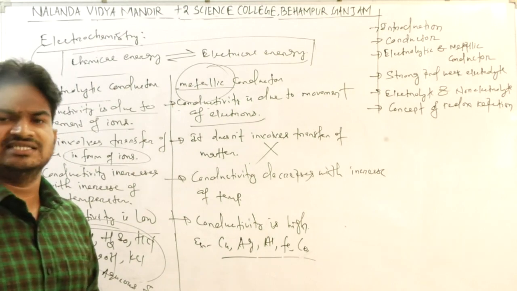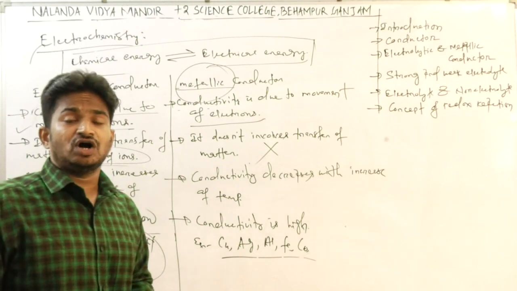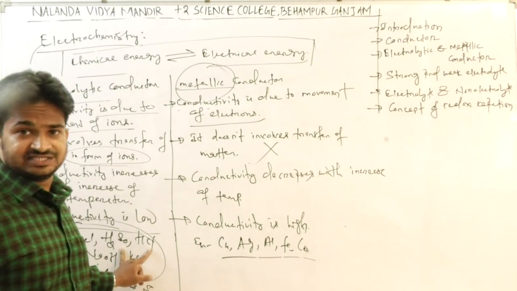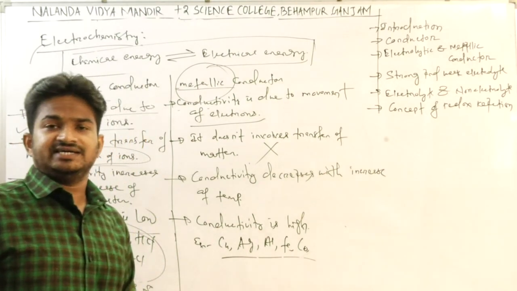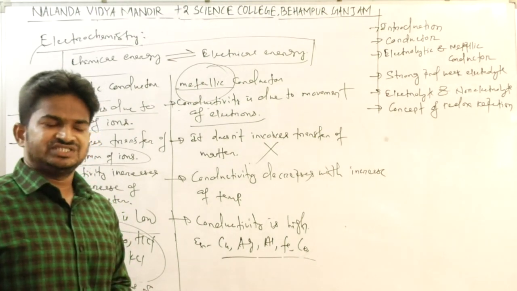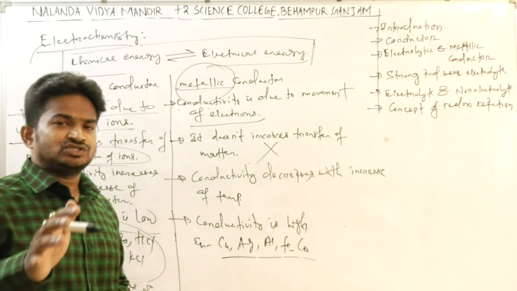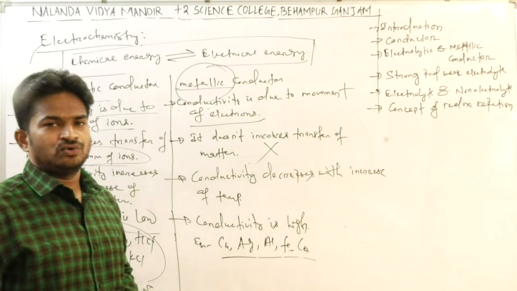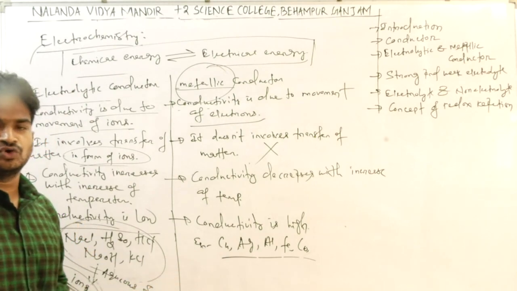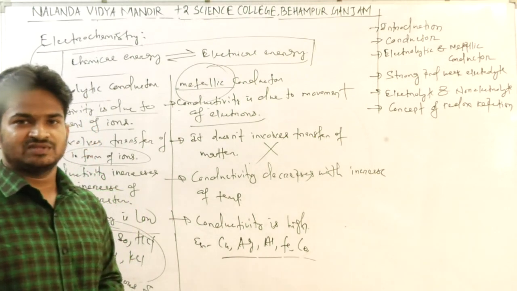Examples we can take: acetic acid. Acetic acid is an electrolyte, but its conductivity is not up to the mark set by sodium hydroxide, NaCl, H2SO4, and so on. Similarly, hydrogen cyanide, and ammonium hydroxide. These are a few electrolytes called weak electrolytes, whose conductivity is very, very low. Now we will discuss what strong electrolytes and weak electrolytes are, and what the difference between them is.